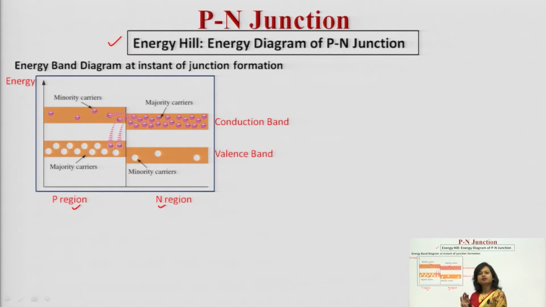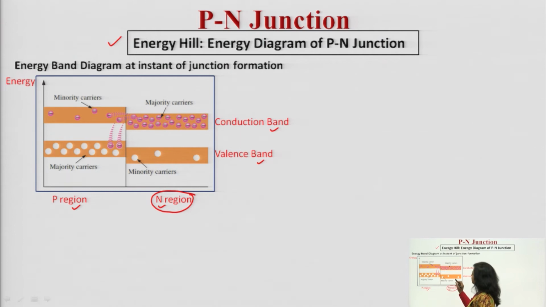When a P type semiconductor is joined with an N type semiconductor, and we are plotting the energy band diagram, here you can see the valence band and the conduction band. In this particular diagram, the valence band and conduction band of the N region are slightly lower than P. The conduction band and valence band of the P region are slightly higher than N. Why? It is only because of the difference in the atomic structure, right? So, you must remember it while plotting the energy band diagram.